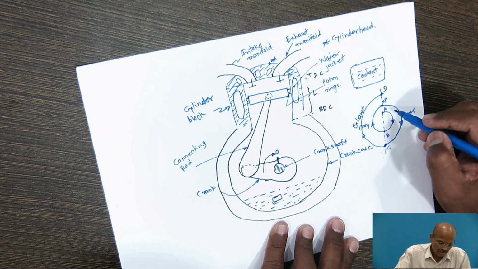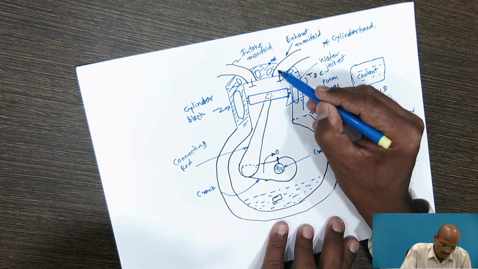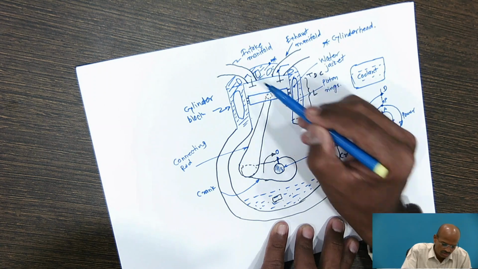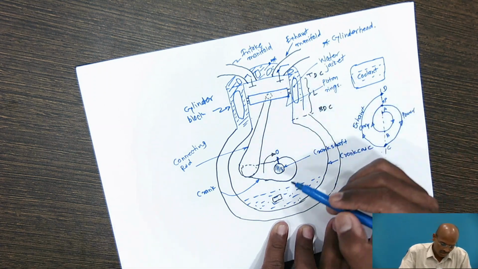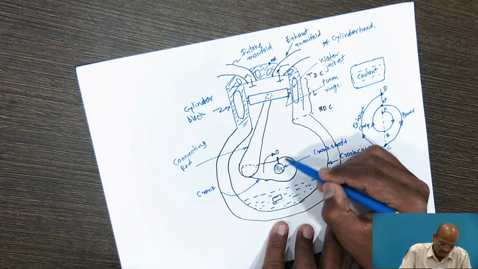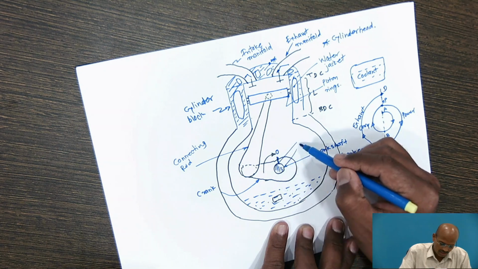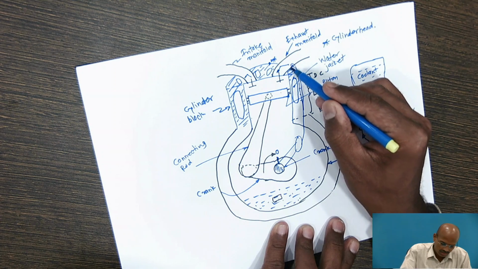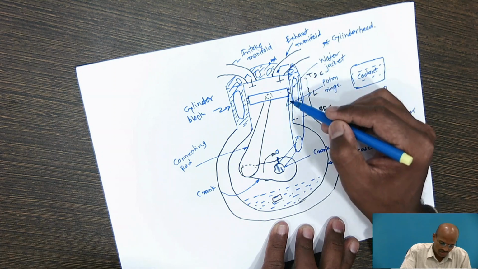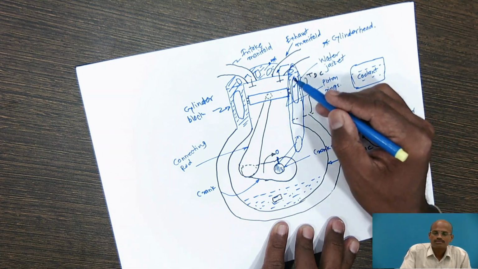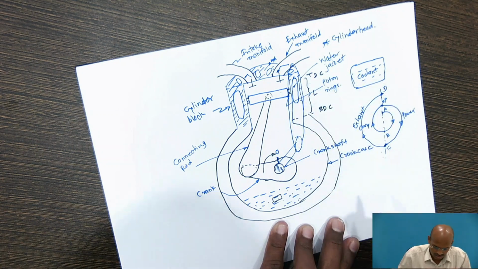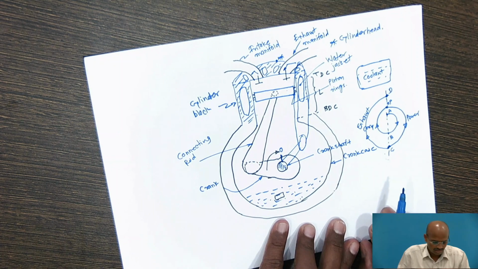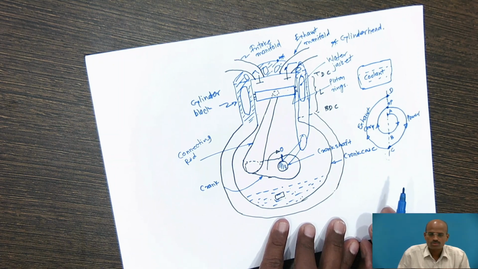Now there will be a mechanism which will be pushing these valves, by means of a crank lever and some proper mechanism. On the right hand side of this crankshaft there will be a gear, and by means of this chain we can rotate the camshaft. So that is there. This is all about the constructional details of a typical 4-stroke engine.